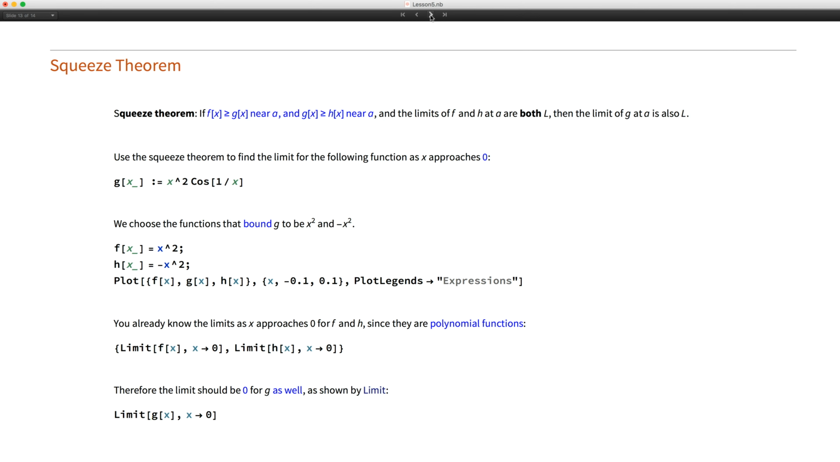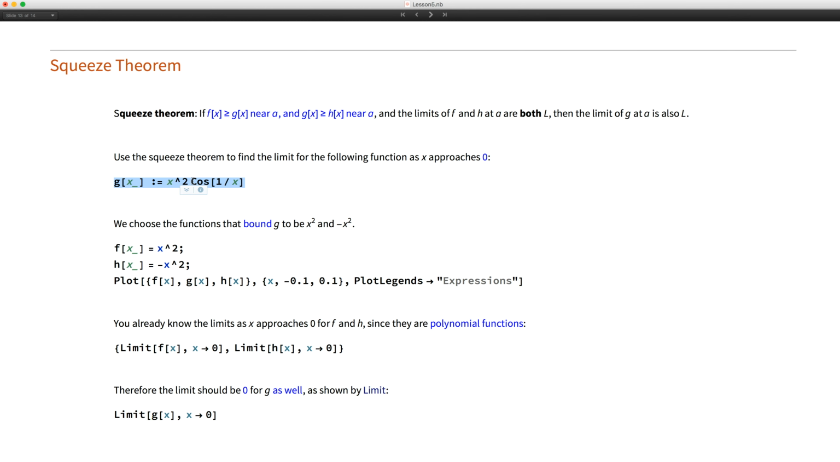Now, in practice, if you have a very complicated function like the one over here, then what you can try to do is to squeeze the function between two simpler functions. So a little more abstractly, if you have a function g, and that function g lies between f and h, and you know the limits of both f and h, then you also know the limit of g. So with the function over here,